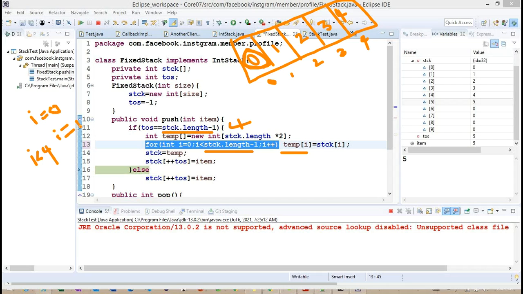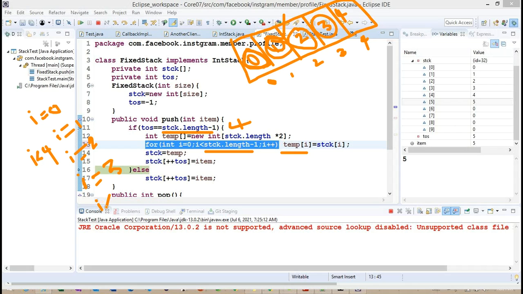And i equals 1: the 1 value is copied. And i equals 2: the second value is also copied. And i equals 3: the third value is also copied here.